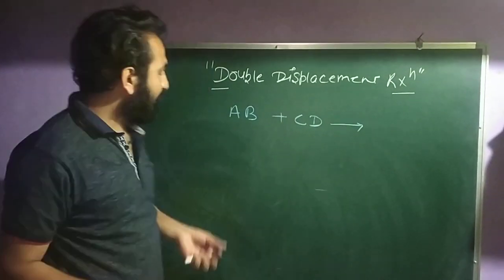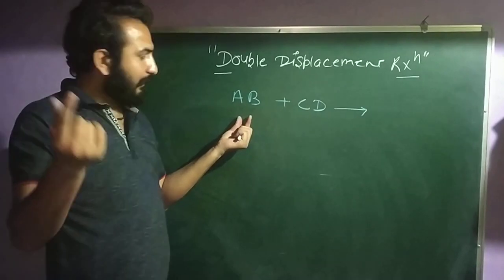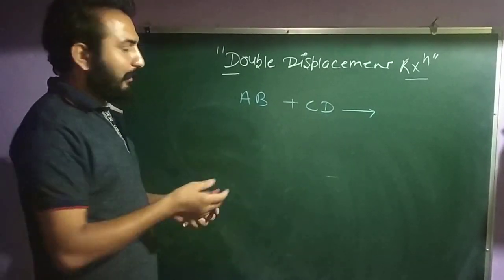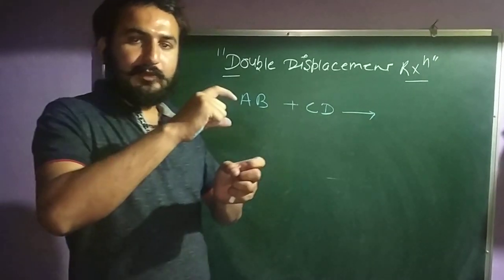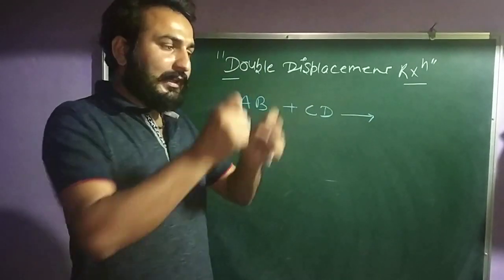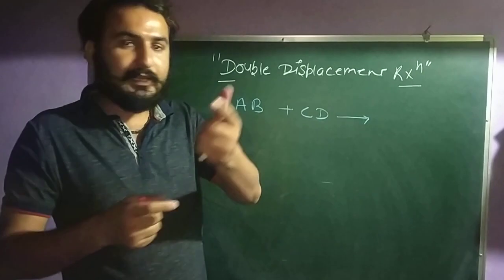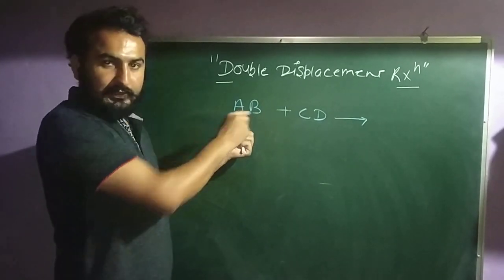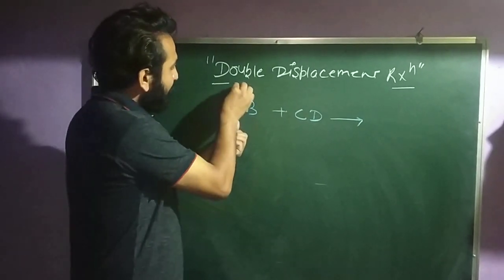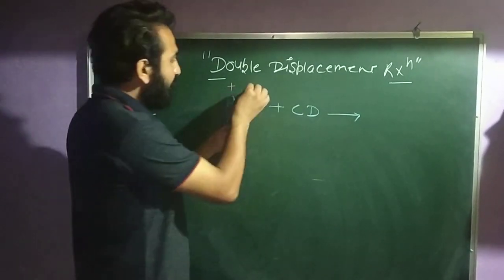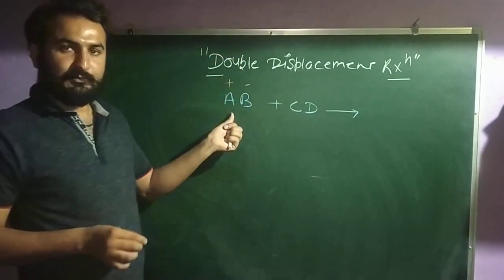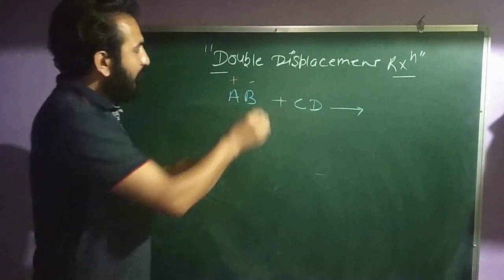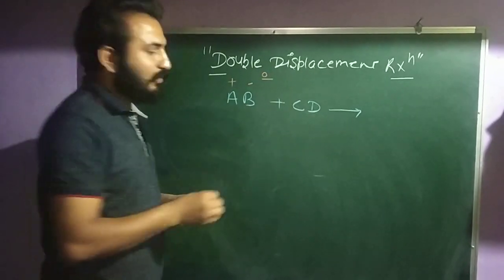What happens? Now I told you earlier, any compound is electrically neutral in nature. Clear? That means there are equal numbers of positive charge and negative charge. Yeah, you can say an equal number of cations and anions is present in any compound. Clear? So here is AB, 2 atoms. That means this A possesses positive charge and this B possesses negative charge. One positive and one negative, after combining together, form zero charge.